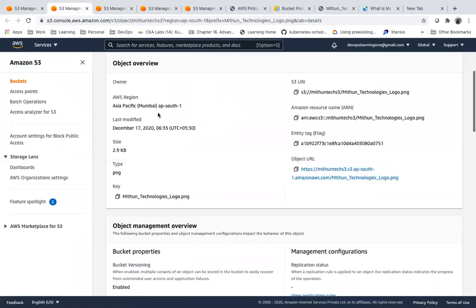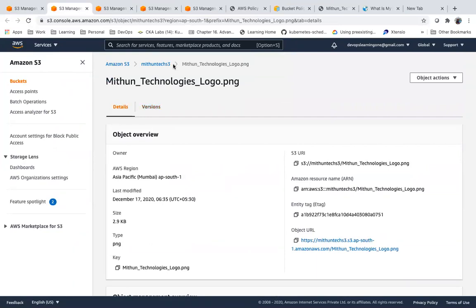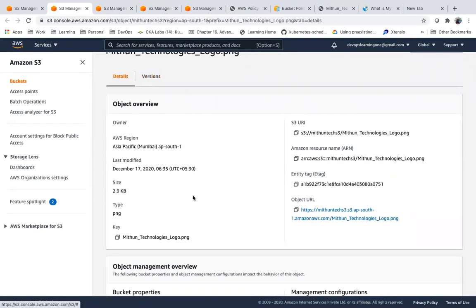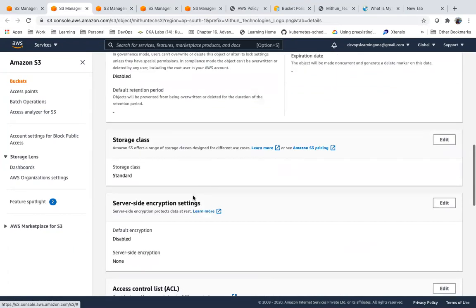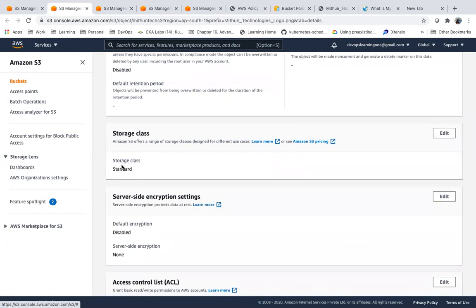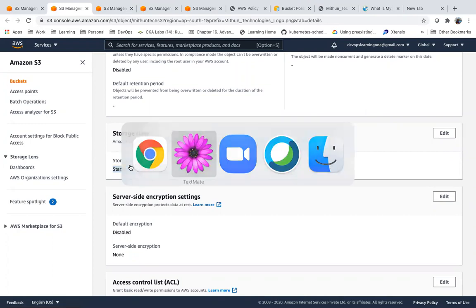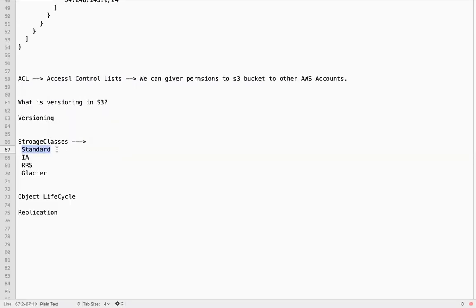So if you see, by default, in which storage class this object is stored? There is a storage class called standard storage class. By default, the object will be maintained or stored in this storage class.